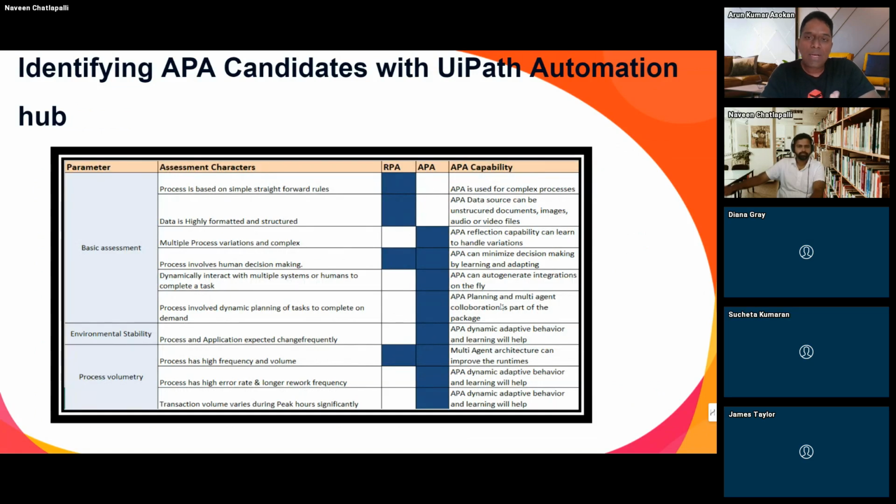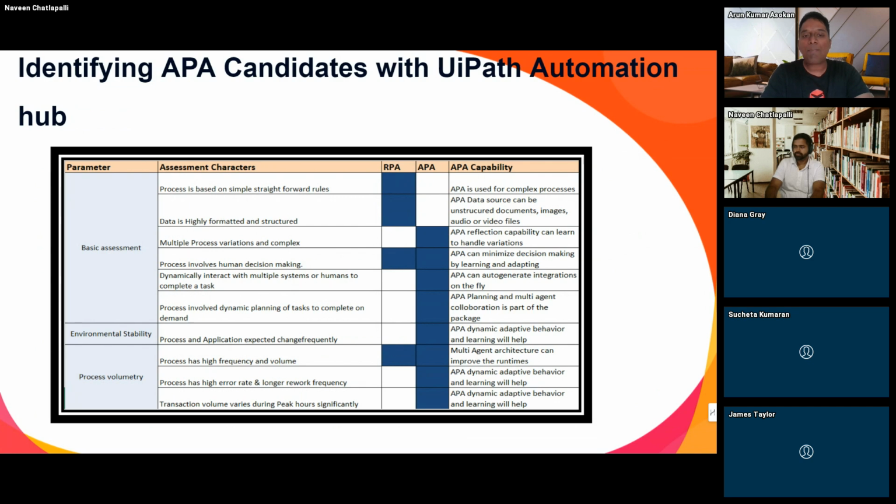Okay, so I was talking about the automation hub. So if you see the rules here, these are actually present in the current automation hub, but I just tweaked them to make sense for this discussion, right? I'll quickly go through those questionnaires. So if the process is straightforward, rule based, then it's RPA, right? But